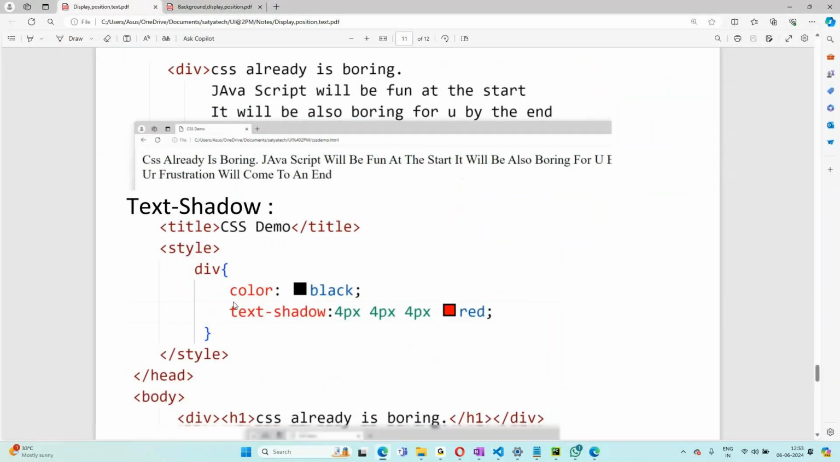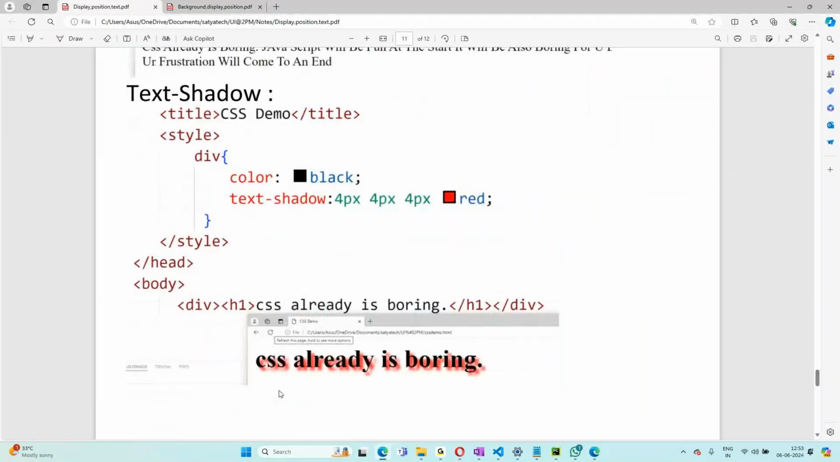Next, text shadow. So text shadow means something like this. Shadow, I'm saying 4 pixels. Always remember shadow is like a 3D one, that is x-axis, y-axis, and z-axis. So 3D style rendering, we call this. In 3D style rendering, we will go for